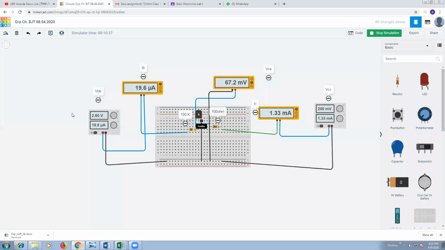Here this power supply, which is denoted by VBB, its positive terminal is connected with the positive terminal of this ampere meter, which is denoted by IB. Then the negative terminal